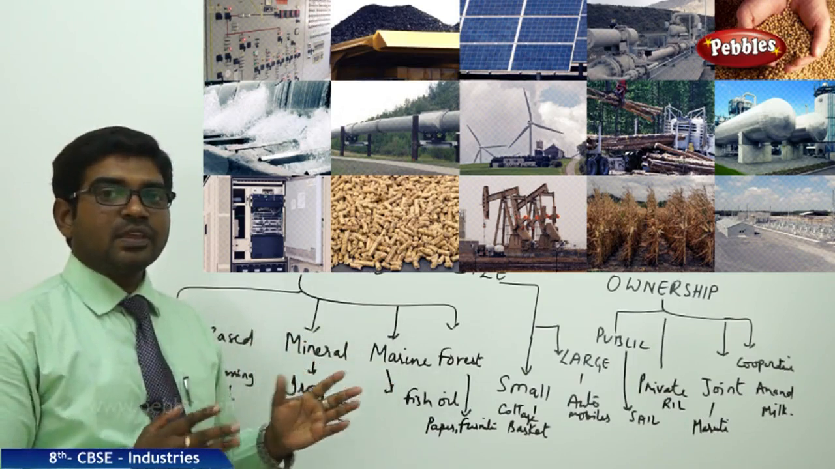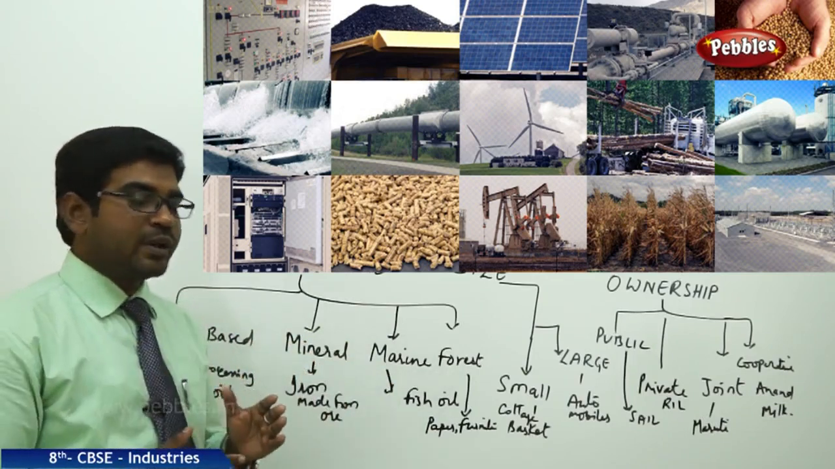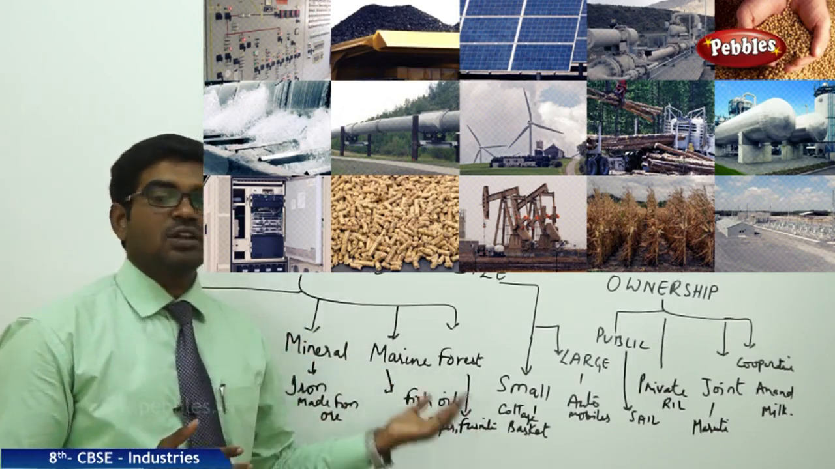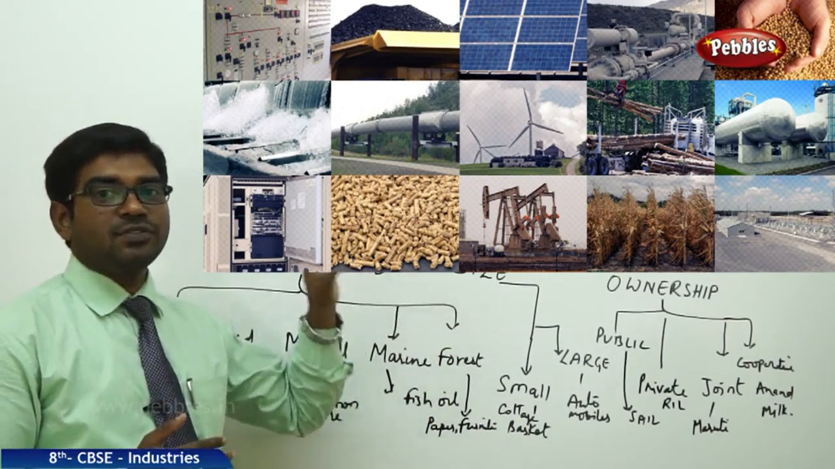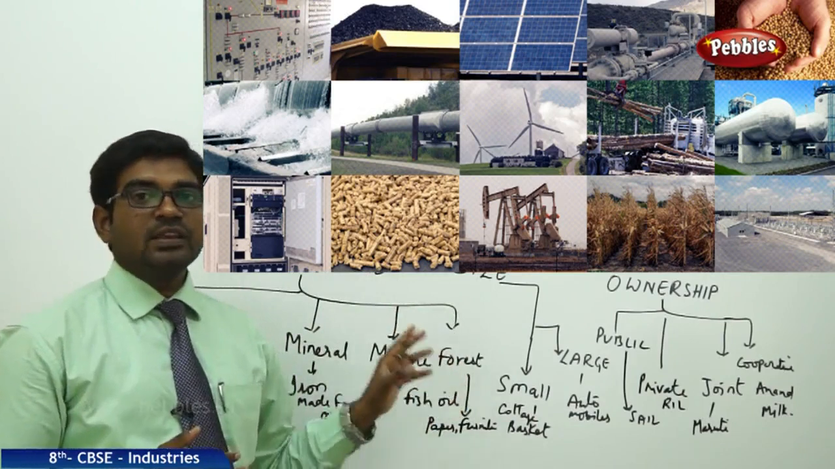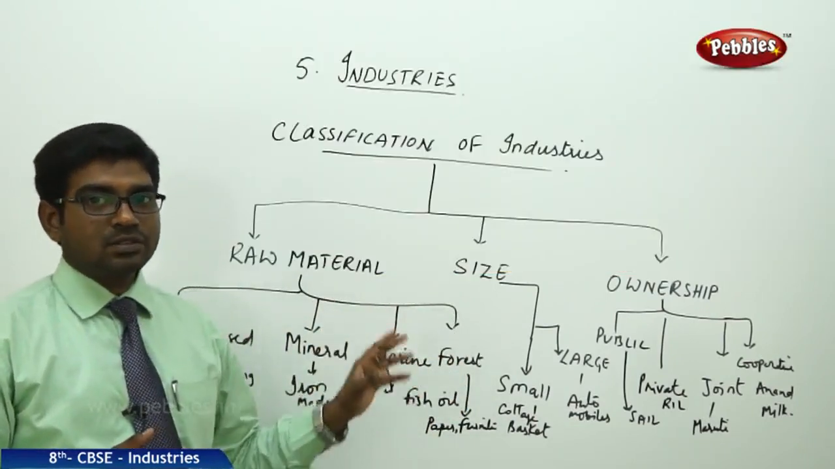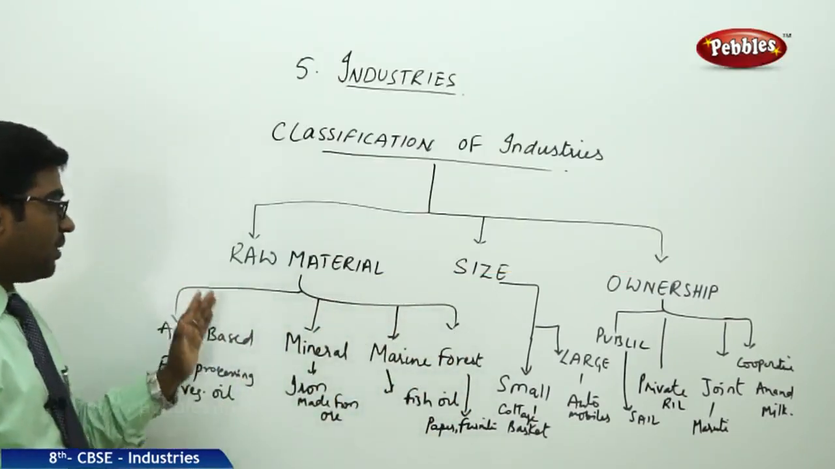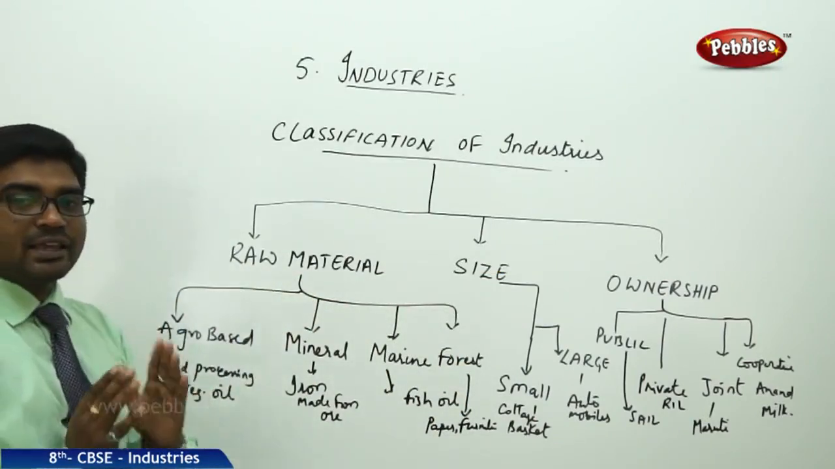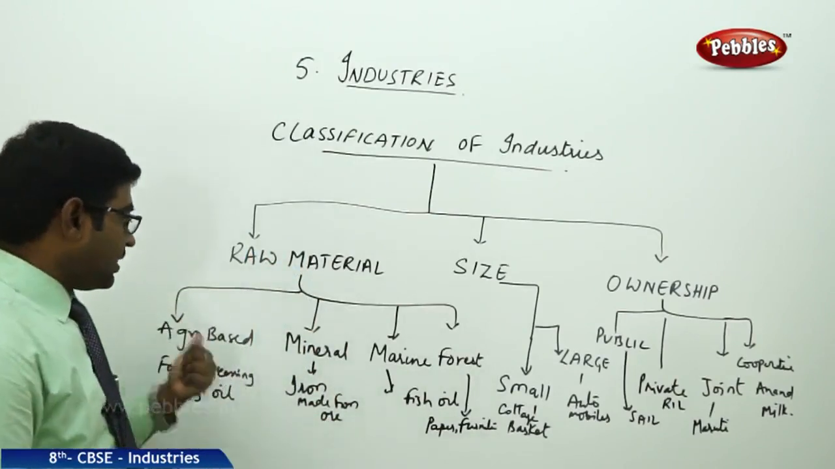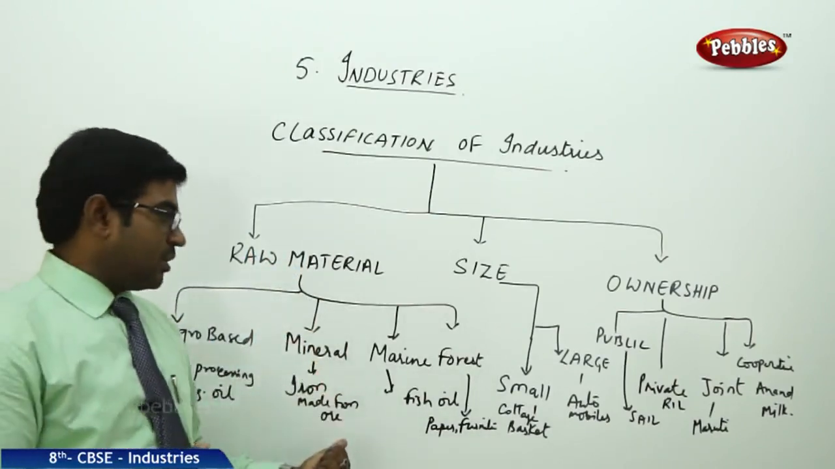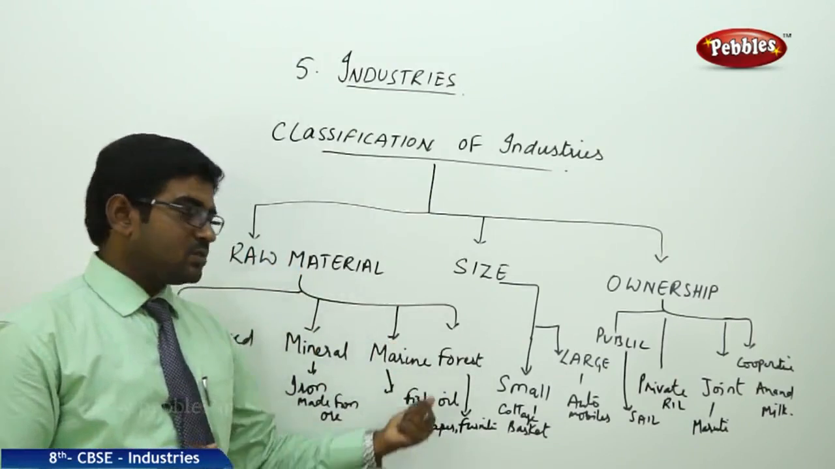The processing is done. They are chopped finely and you get paper and furniture. So many industries are based on the forest. The raw materials which we get from the forest make it a forest-based industry. So based on the raw material, how many categories can we divide the industries into? Four categories. First one is agro-based, second is mineral-based, third is marine-based, and the fourth